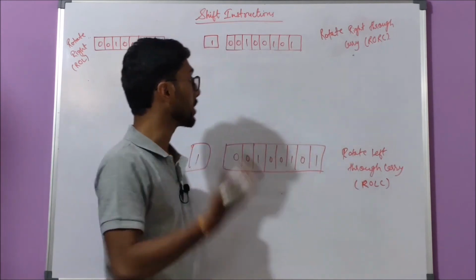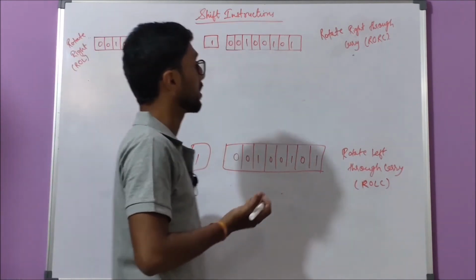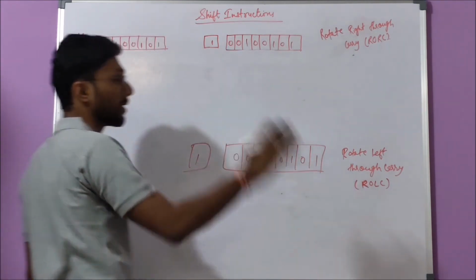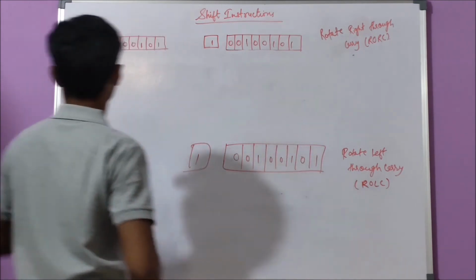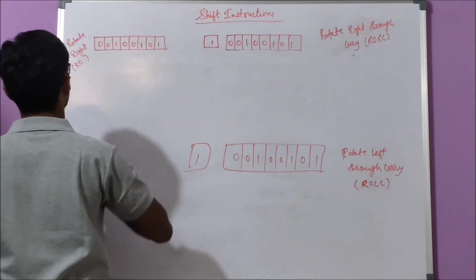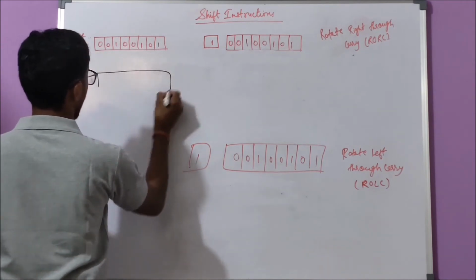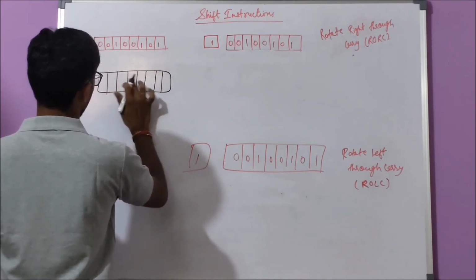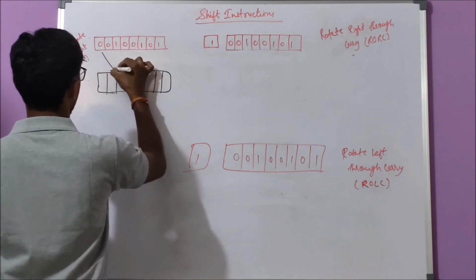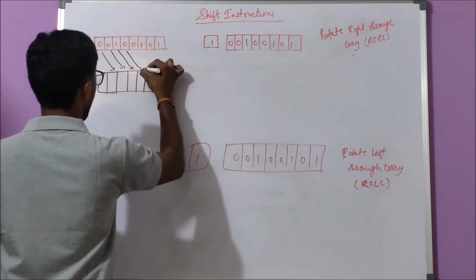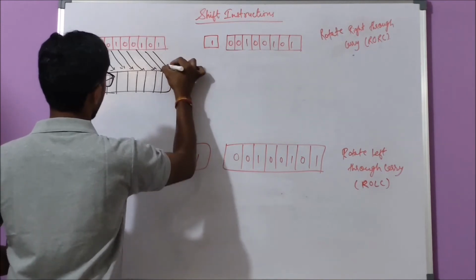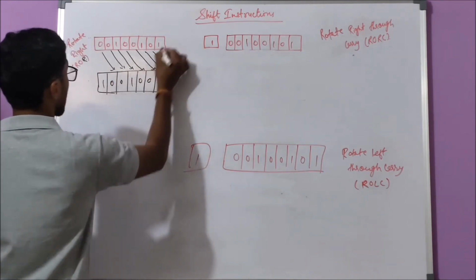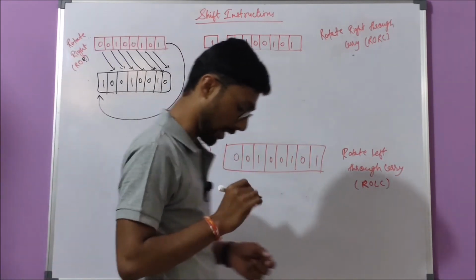So we have discussed 5 shift instructions, which are rotate left, shift right, shift left, arithmetic shift right, arithmetic shift left. Remaining 3 are here. Rotate right, ROR. So let's rotate it. 1 2 3 4 5 6 7 8. If you make these arrows, then it will be easy for you to do this type of question, and this one will come here. This is how rotate right works.